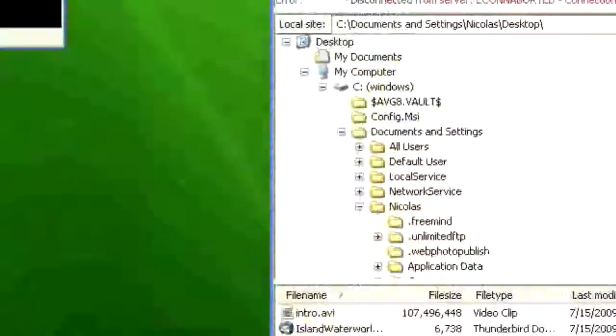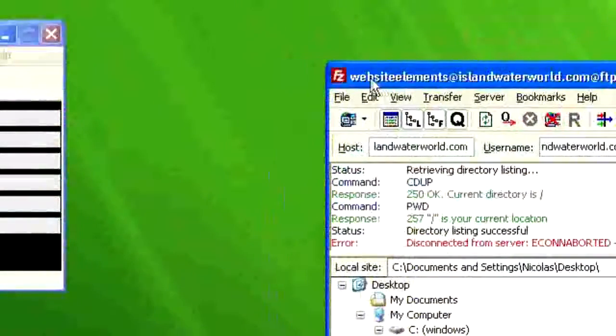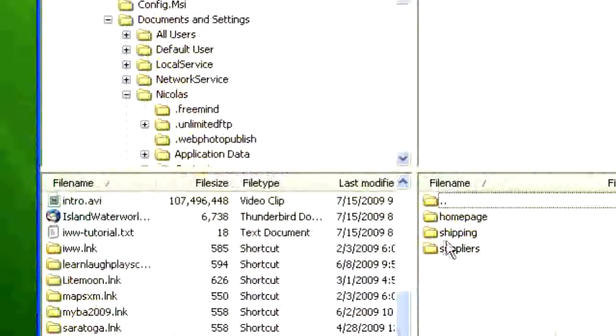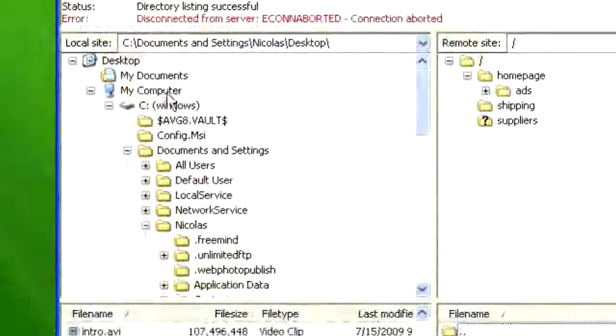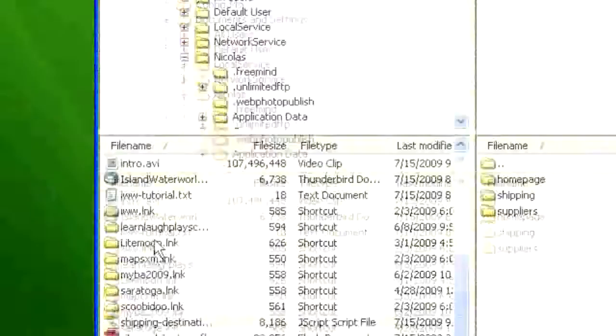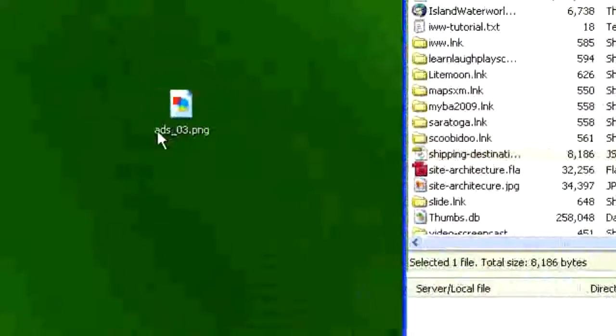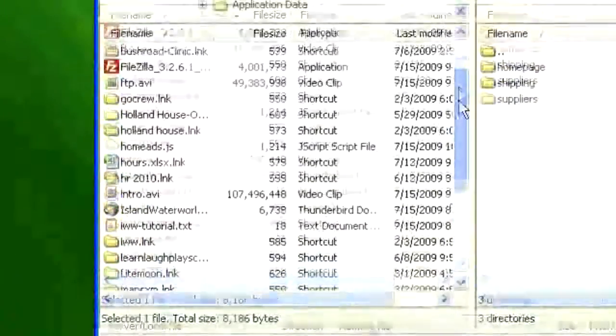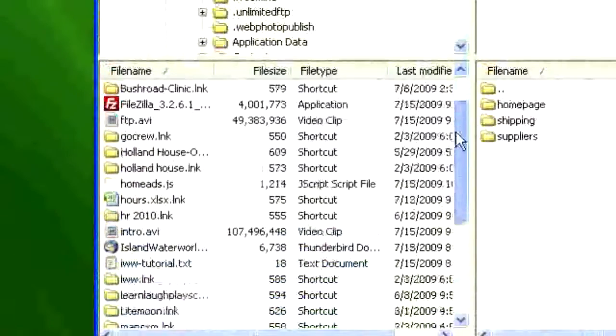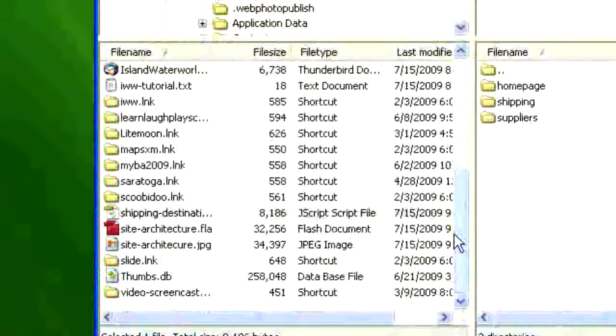We are going to the FTP program, which is FileZilla, and like I showed you in the previous tutorial, you have your desktop here with all the files of your desktop here, and ads_03.png should be here as well. I don't see it right now, but oh, here it is,